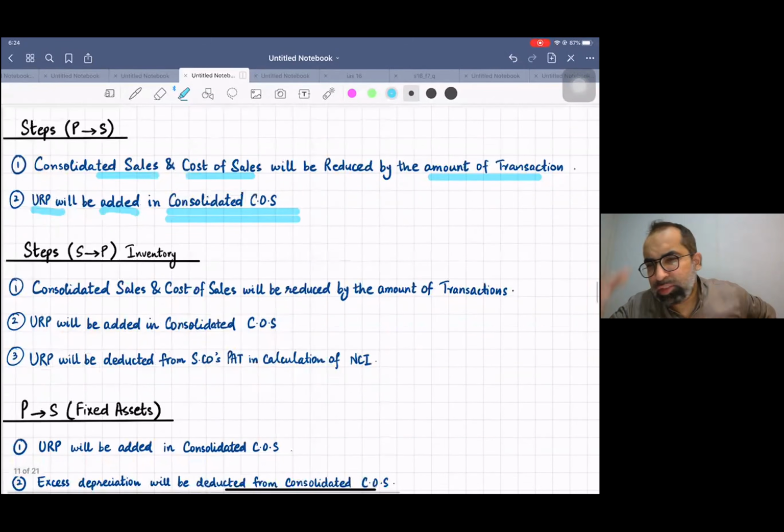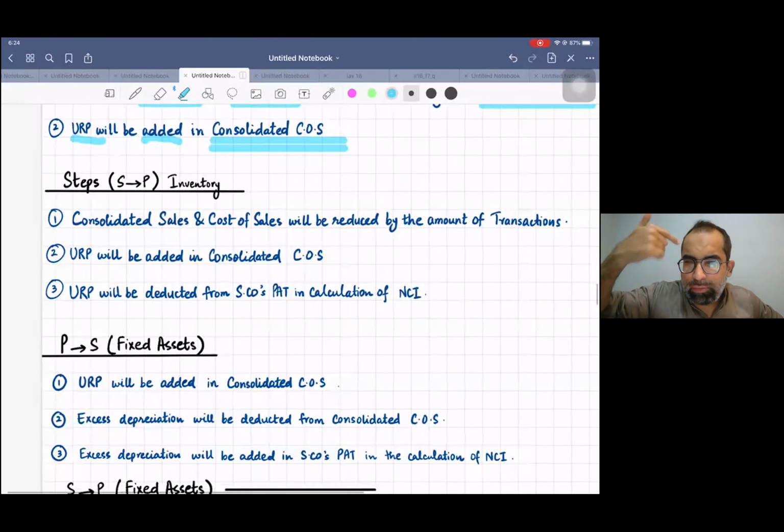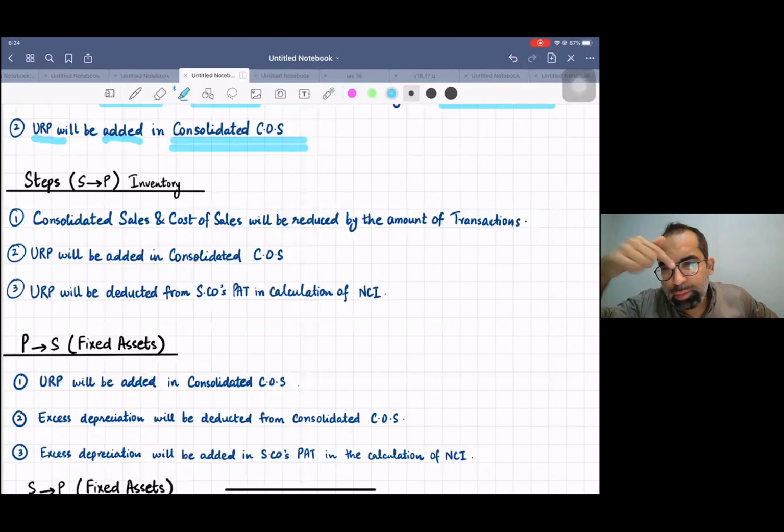Now, S2P sale. With S2P sale, everything is the same. First of all, within the group transaction, sales and cost of sale will be removed from consolidation. Number two, if there is some URP,